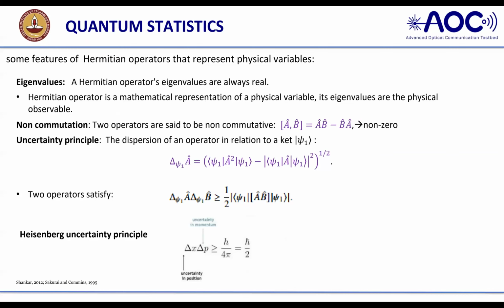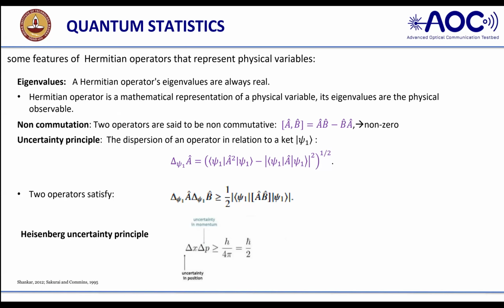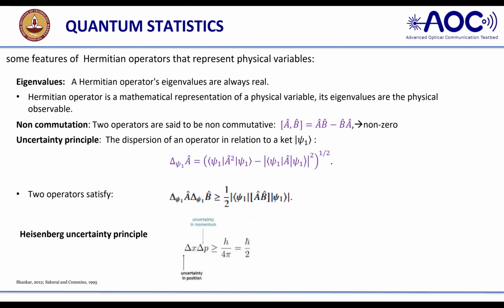Now, whenever we have a Hermitian operator, it can act on the state. Any operator will act on the state and give me the eigenvalue, which is a real value. That means if you have any operator acting on the ket, it will give me the physical variable, a measurable quantity, and then give me the ket again. So that is one important thing.